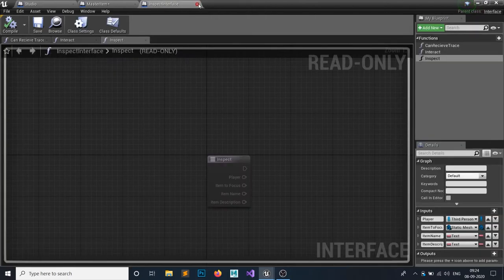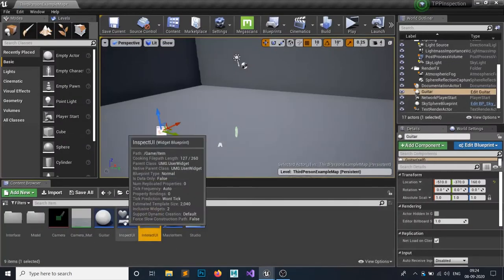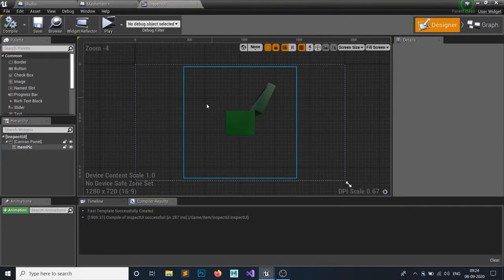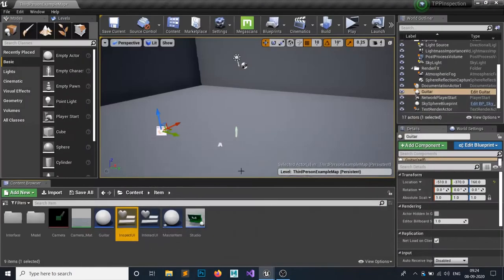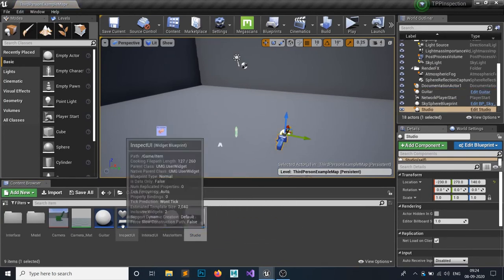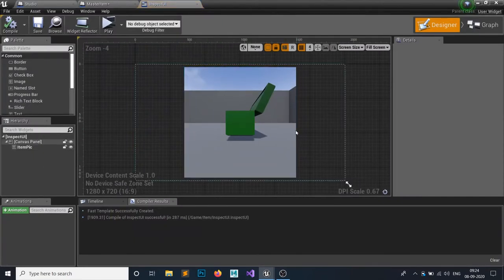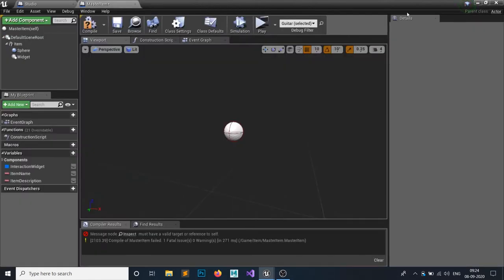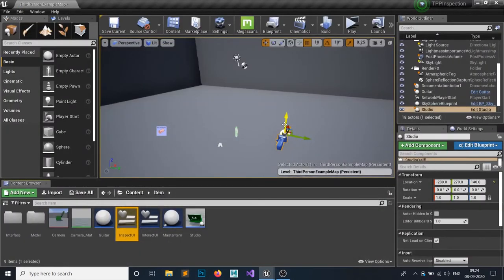We close this up also. This inspect, it is rendering, but if we bring it to our blueprint and open up inspect UI, you can see it is also rendering our world. We don't need that. So why, when it's not placed in the viewport, is it using only that?